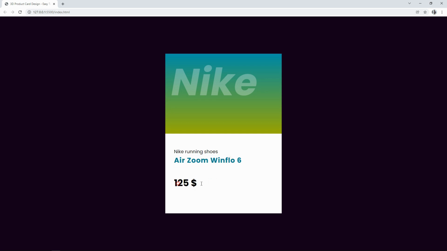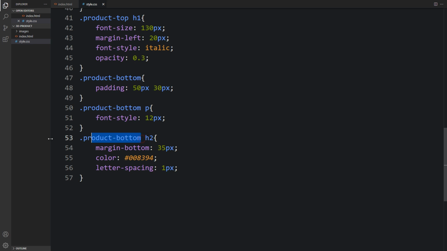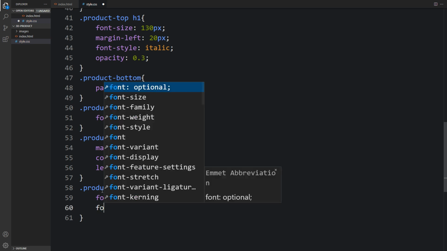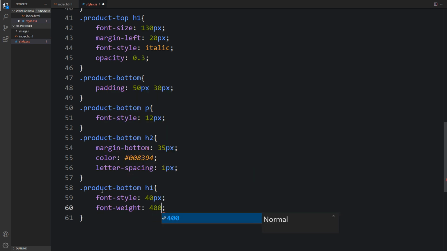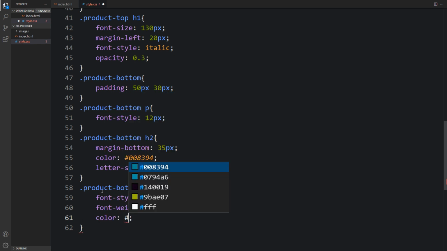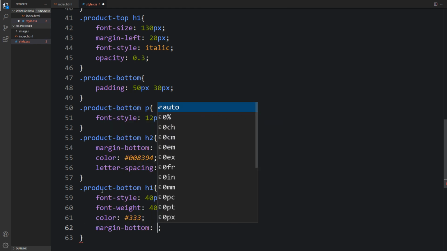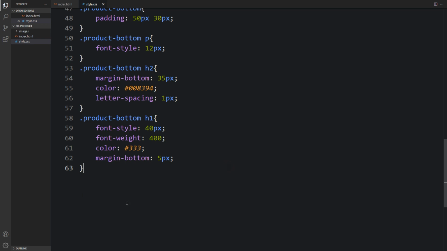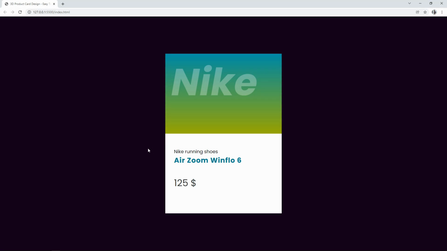Next we will add the CSS for the price. Just come back, copy this one, and here we will add h1. Font size will be 40 pixel, and font weight 400, color 333, and margin from the bottom 5 pixel. After that you can see this text looks good, but we will change the color of this